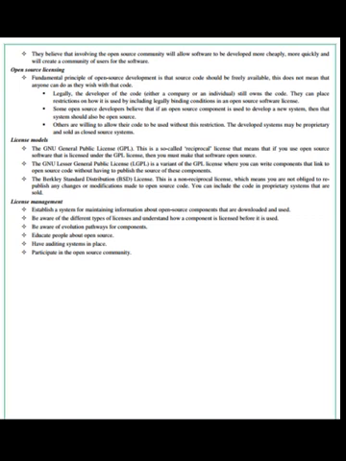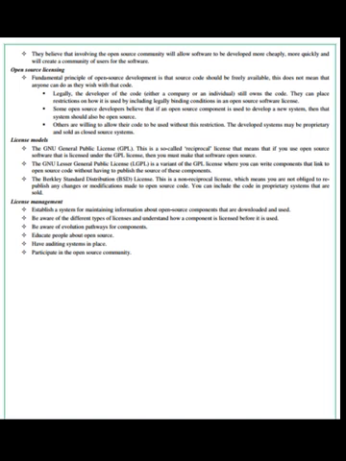Now let us see open source licensing. A fundamental principle of open source development is that source code should be freely available. This does not mean that anyone can do as they wish with that code. Legally, the developer of the code, either a company or an individual, still owns the code. They can place restrictions on how it is used by including legally binding conditions in an open source software license.